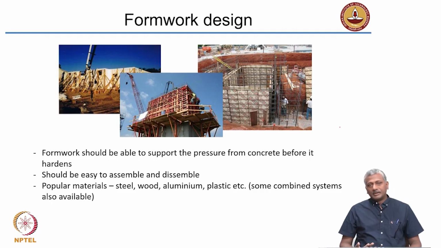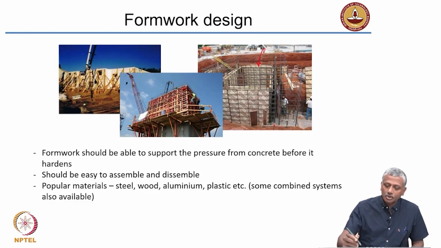Okay, timber formwork, the reuse is going to be limited. Why is that? Because concrete, when it is placed, is wet, and that wetness obviously will affect the quality of the wood. So the number of times that you reuse it, the number of times it's going to get wet, and because of that the wooden formwork may warp or change its shape. Okay. On the other hand, when you have metallic formwork like steel or aluminium, you can retain the form quite well. In fact, today for many multi-storied buildings, aluminum formwork, which is what is shown here,